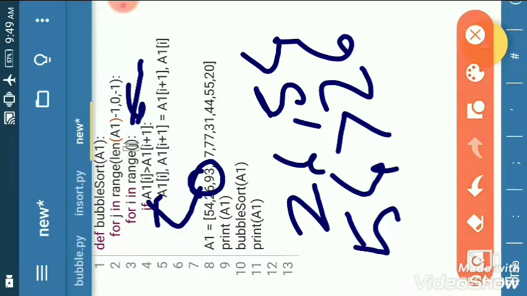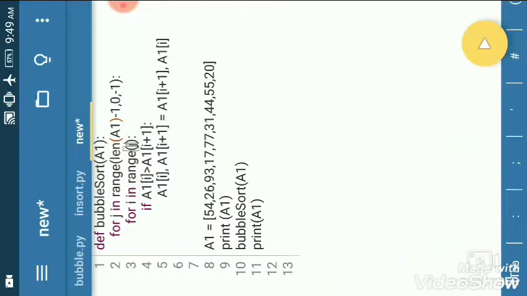If 26 is greater than 93, then it will swap, otherwise it will not swap. And here in the place of 26 there is 54, but 54 is not greater, so no need to swap. Then it will check with the next value, 17, and so on till n minus 1 times, meaning length minus 1 times.